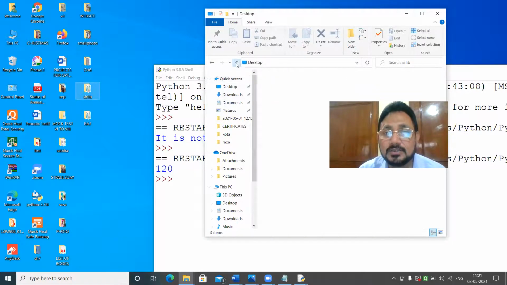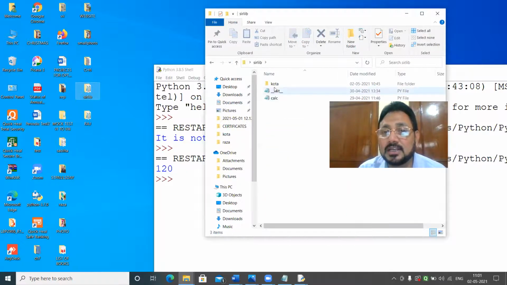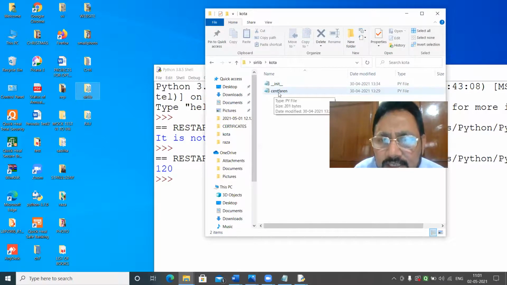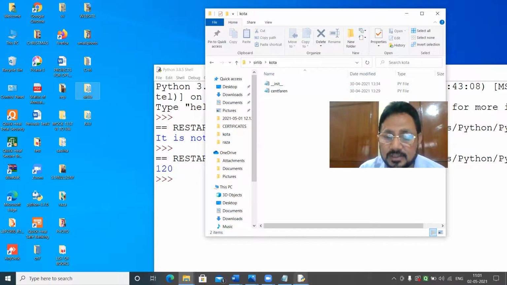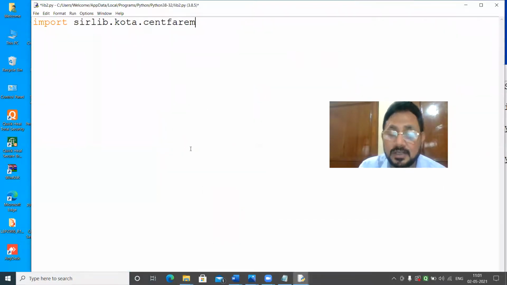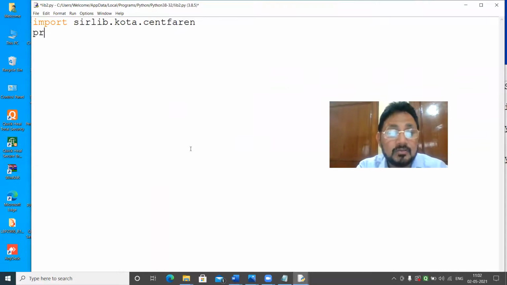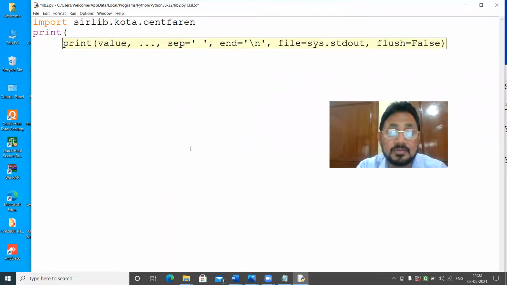Now see here. We are having Sirlib. In Sirlib, we are having quota. And in quota, we are having send parent. That's what I have written here. Okay. Send parent. Now what I have to write, if I have to run, and I don't remember the name of the function, so I have to check again.